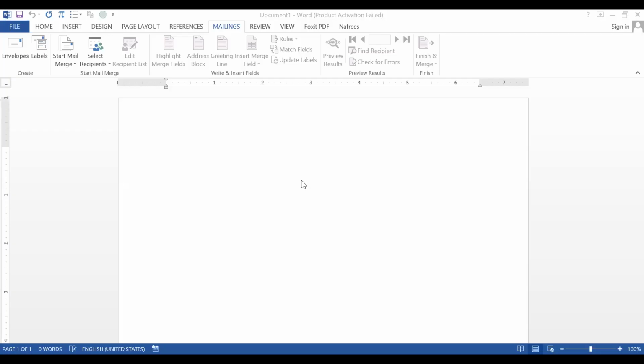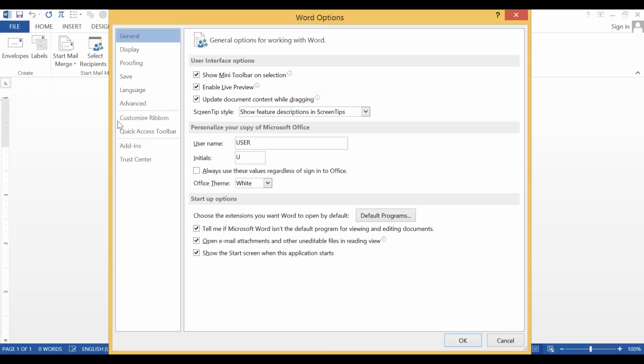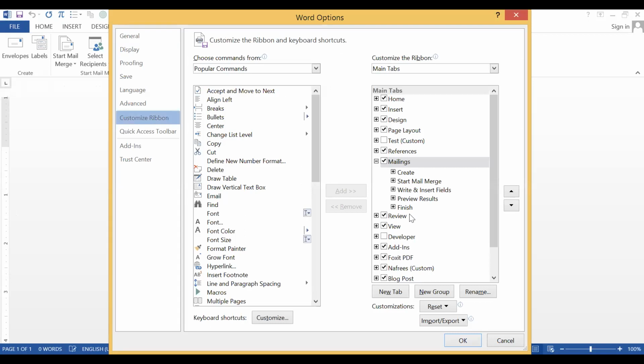I have told you, if you can't find the mailing ribbon, it is not deleted actually, it is hidden. Then how to unhide it? You have to go to file and options, then customize ribbon. From here you can find it. It is already enabled.